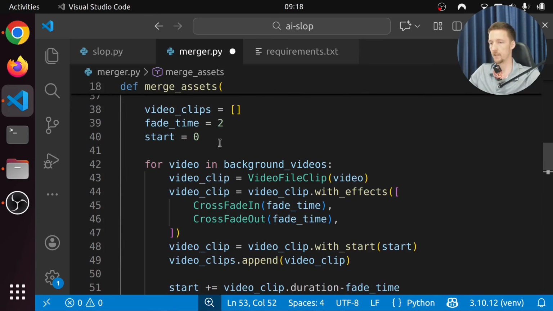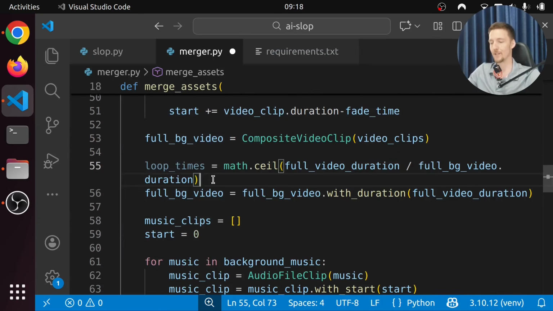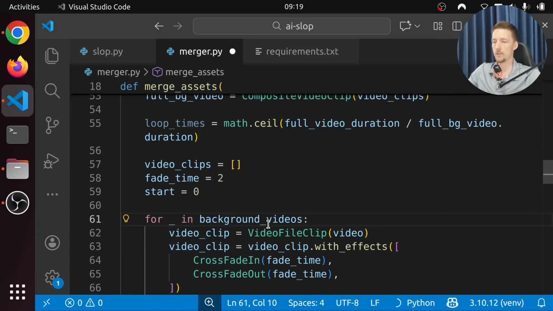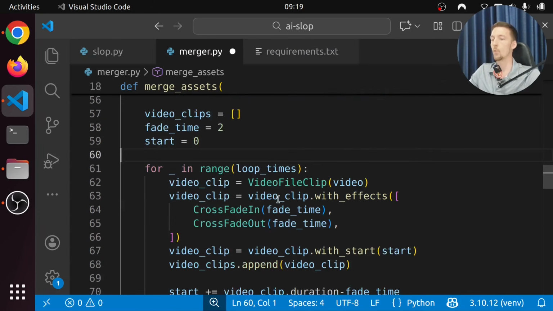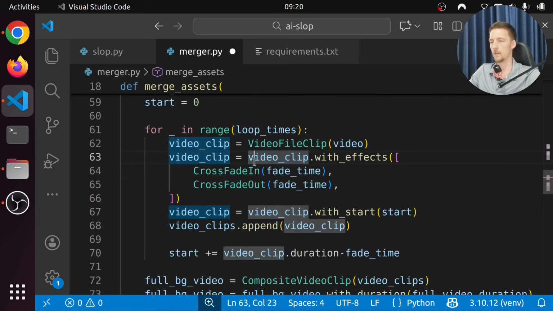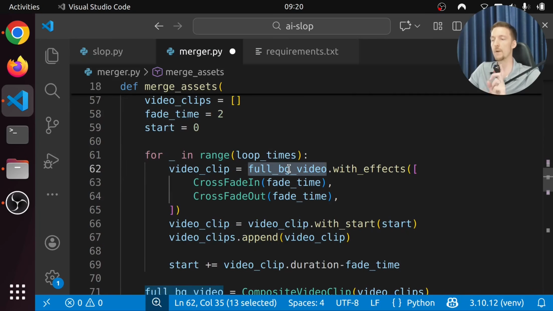And even this thing. So all of that, which maybe we want to move into a function. So we want to say for underscore in range loop times, we are going to take just the full background video like this, so we don't load a separate video clip. We use the full background video.